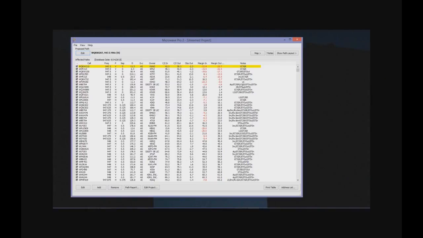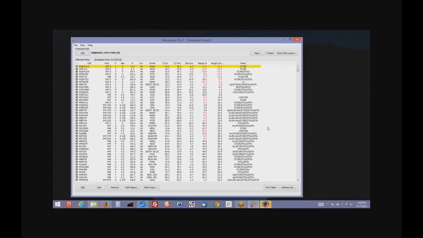So if you see anything in the notes column, with the exception of this ST out and STN, which I'll talk about later as well, then you may need to look further and make sure that you've got everything specified that needs to be. For example, this one here that's blank means that everything seems to be in order. All these notes are just little character codes, and as far as what they mean,